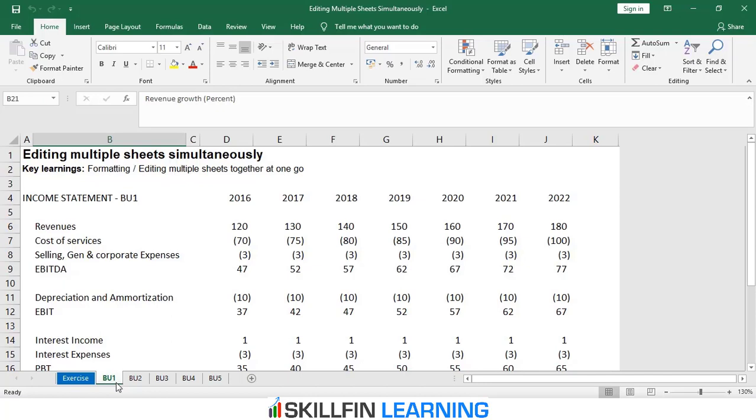However, that will involve a lot of time and it will be non-productive to do the formatting on the 5 sheets separately. So then how else can we do this simultaneously across the sheets? That is exactly our first exercise in which we will illustrate to you how you can carry out the formatting changes on all the 5 sheets simultaneously using some functionalities in Excel.